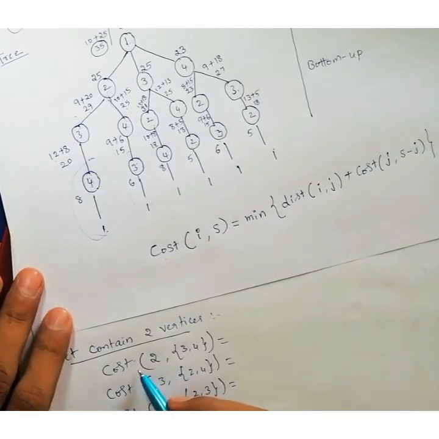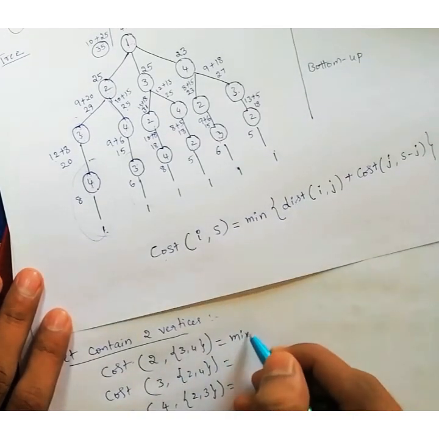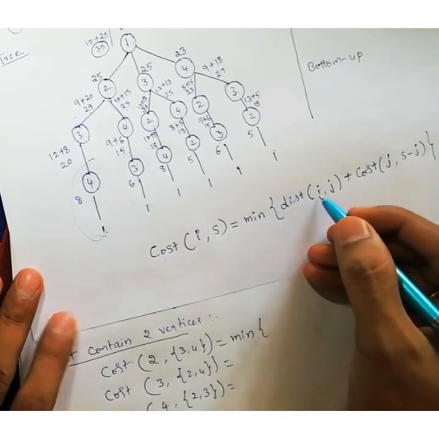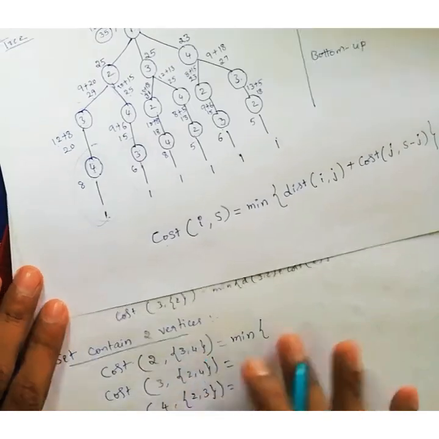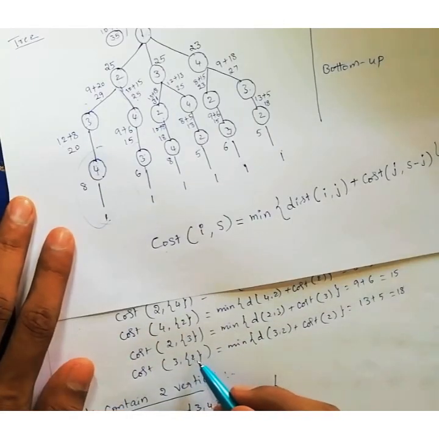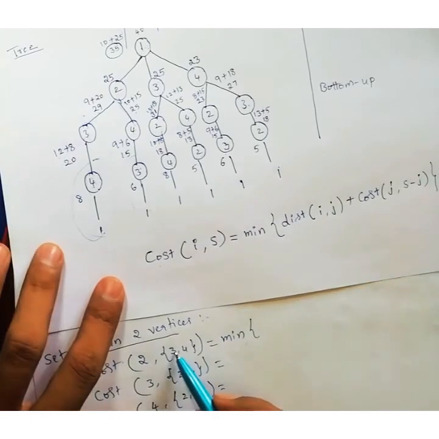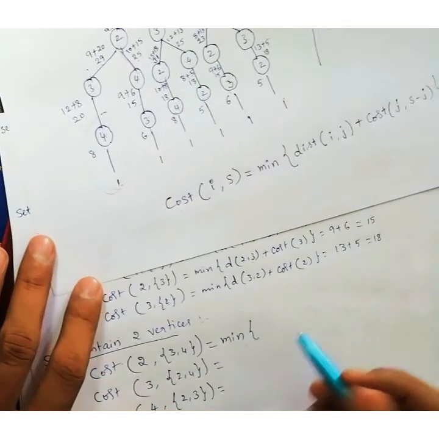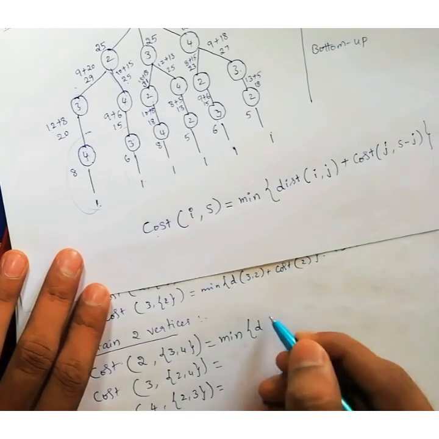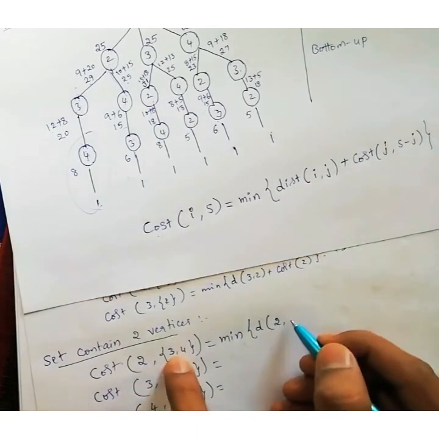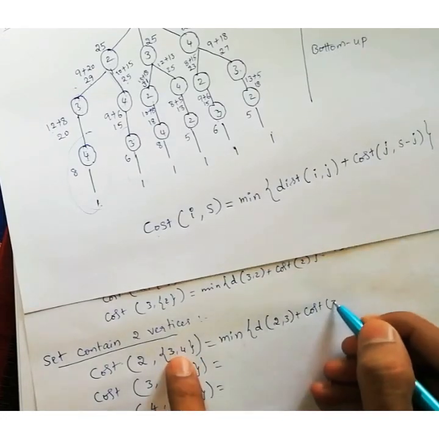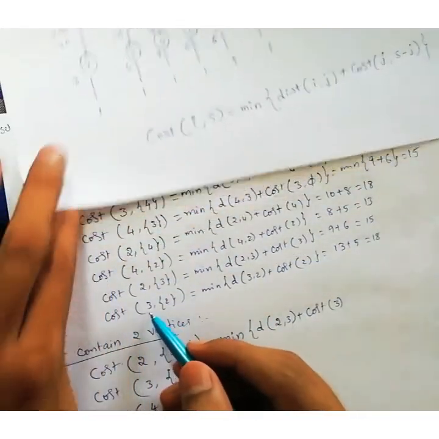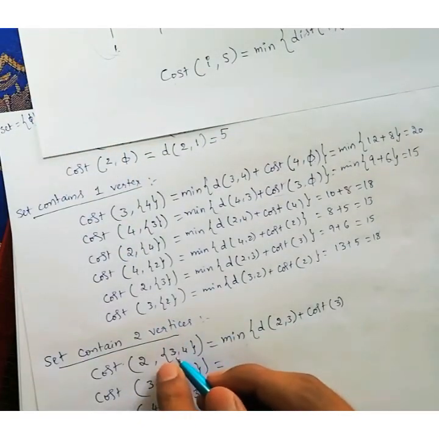So now I'm finding cost of 2 from 3, 4. So how to find? By using the formula minimum of distance of I to j. So I, this is j, initially j1, j2, 2 vertices we are having here. Previously only 1 vertex, so it was a j. So here we are having 2 vertices, that means j1 and j2. You can also take it like that. So what is the meaning of that? Minimum of distance from I to first vertex j plus cost of 3. Cost of 3 we found already, that is cost of 3 to 4, sorry.